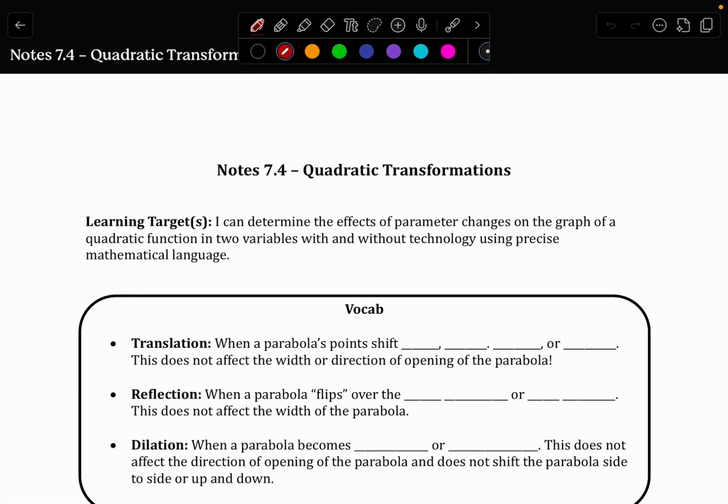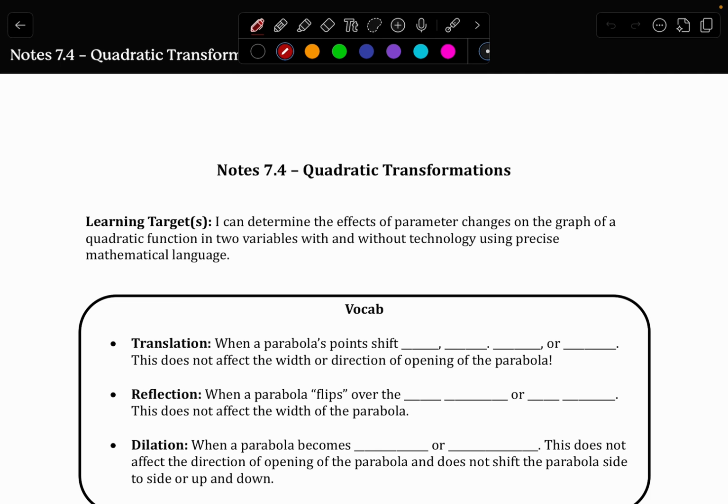Hello everybody, we are going to be going over our 7.4 notes, which are over quadratic transformations. If you have been with us since the first semester of algebra, we've actually already done transformations before, but we did linear transformations, so today is going to be quadratic transformations. The great thing about quadratic transformations is they are pretty similar to linear transformations. There's kind of just one main difference that we're going to discuss today, so because of that, I'm going to